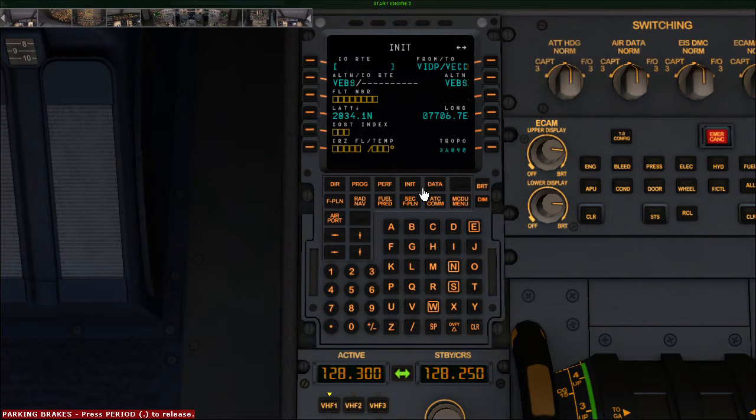So I'll go to the INIT page again. I have selected the from and to, from where I am going and where my destination will be, the departure and arrival. The alternate airport is Victor Echo Bravo Sierra. There is no company route I have. The flight number will be Captain Science 320, I'm just putting in a random number. Cost index I am having right now is 15. So I have a flight plan. I'll discuss this flight plan in a later video and tell you guys how to read the flight plan.